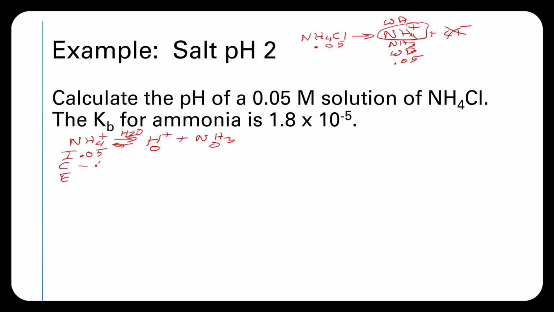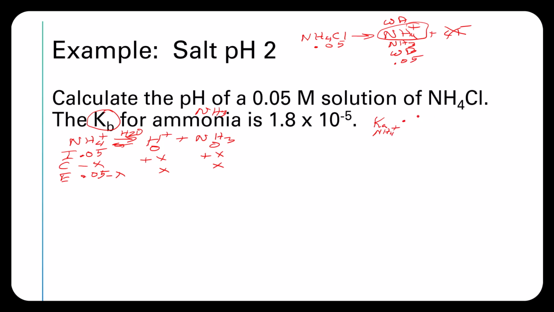And this is going to be minus x, plus x, plus x, and 0.05 minus x, x, and x. Now, they give us the Kb for ammonia, NH3, but we don't need that. We need the Ka for its conjugate weak acid. So, once again, Ka, this is for NH4 plus,